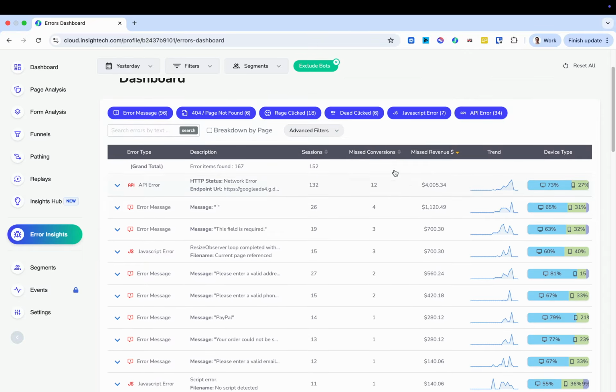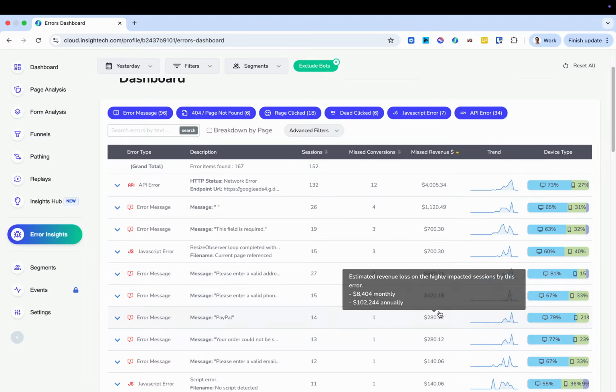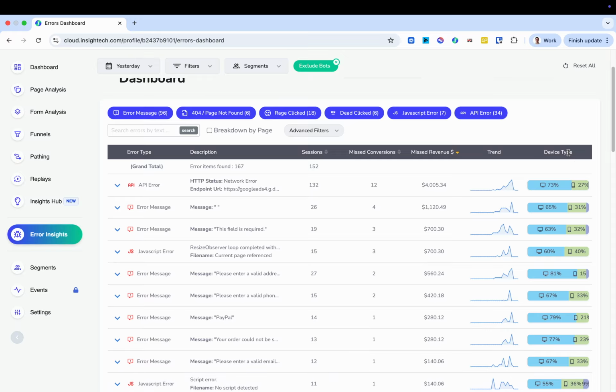Once it's got all of these, essentially what we're doing in here is we're automatically calculating how many sessions we think are impacted. So we're looking for errors where users are highly impacted and they drop off immediately. So they're showing signs of actually being blocked from converting or progressing. And then based on that, we look at the conversion rates at that particular point, and we'll calculate how many missed conversions we think you've lost and also what that missed revenue is. So in this list, it's basically scanning through your whole website to aggregate everything and just give you the top